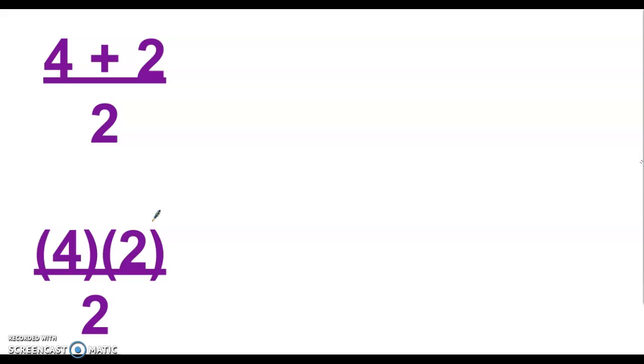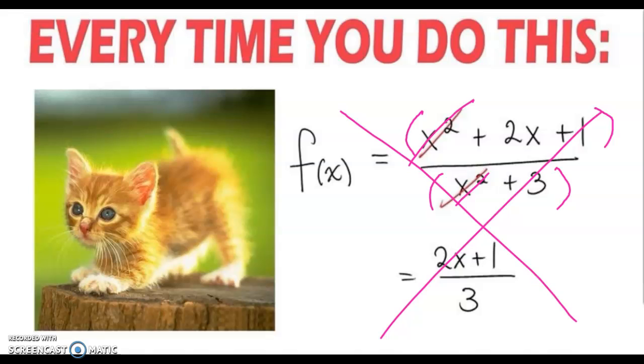If I cancel these 2's out, that's going to be 4. That is legal. It's a legal move. I cannot cancel those 2's out because this 2 is a number up here, and it's not being multiplied by anything else. So I can't cross out part of a number. That is why you cannot cross out part of a number. You're going to see this over and over and over again. So if you see me draw this,